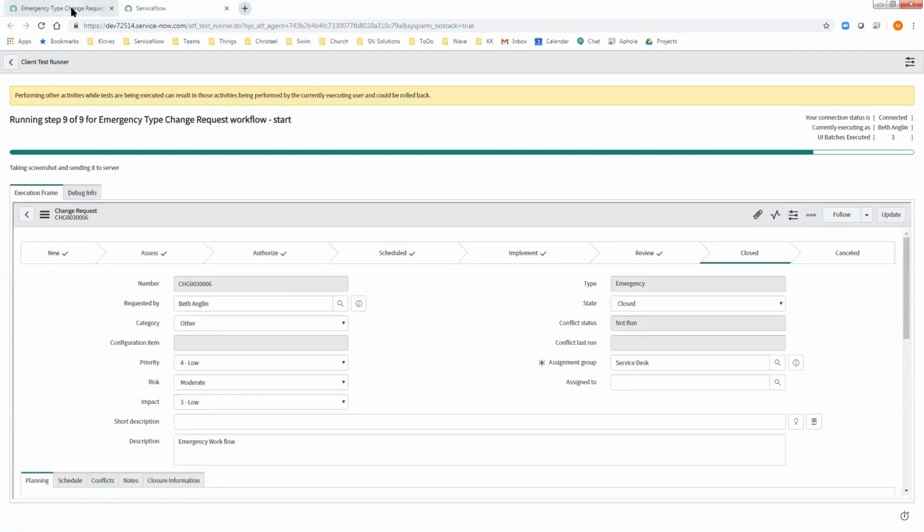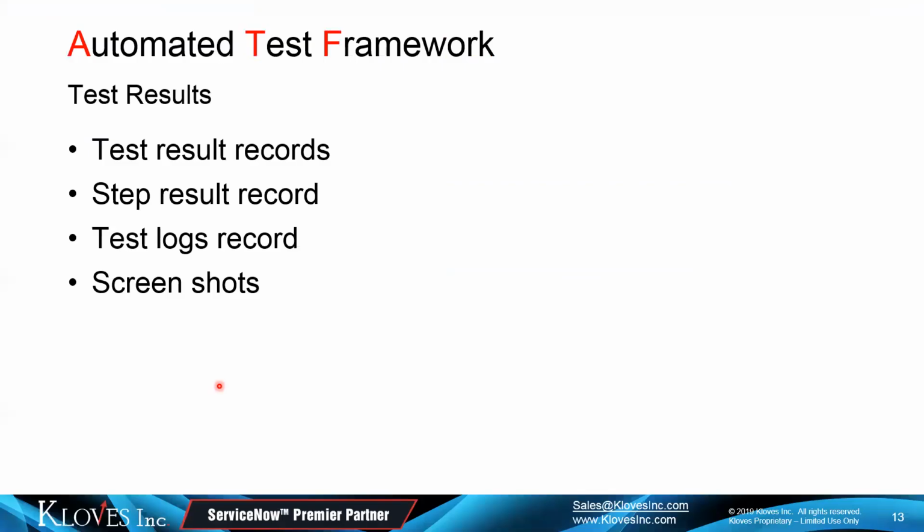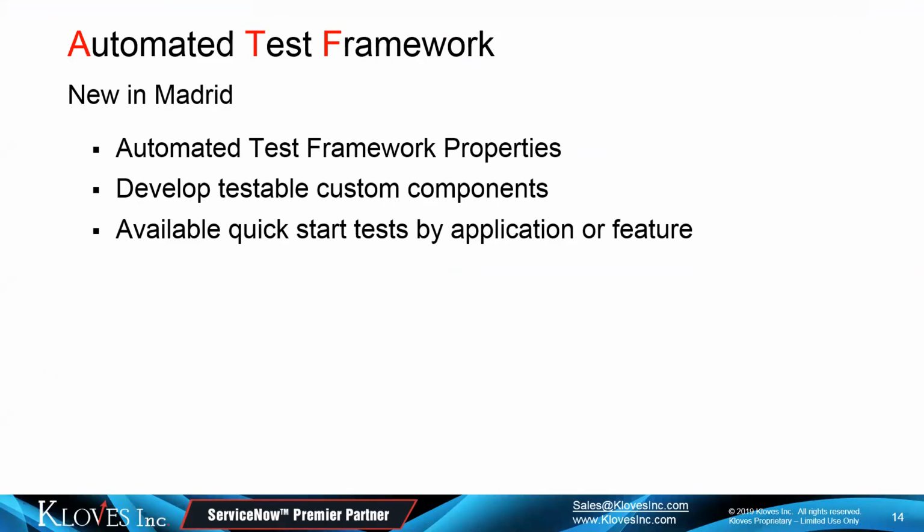9 of 9, perfect. Okay. Going back to our screen, it's still running, and we've got a little bit more here to finish up. Going to grab a little bit more. So, okay, we'll give that a little bit more time to run and talk a little bit more about what's